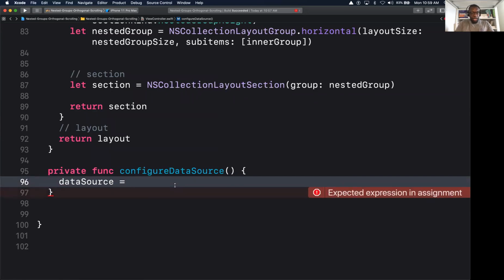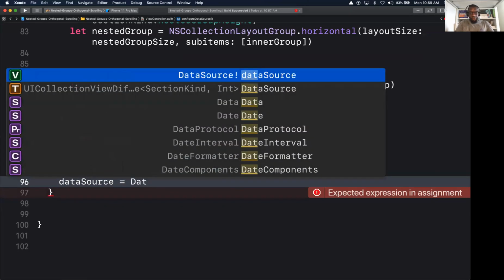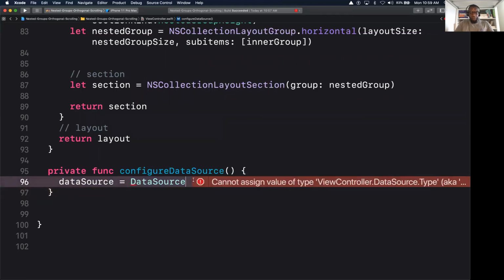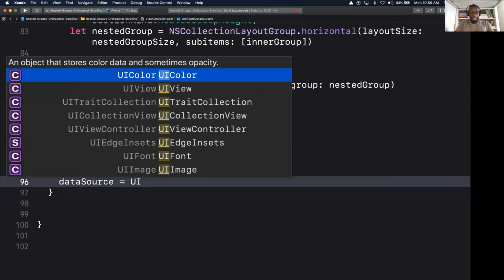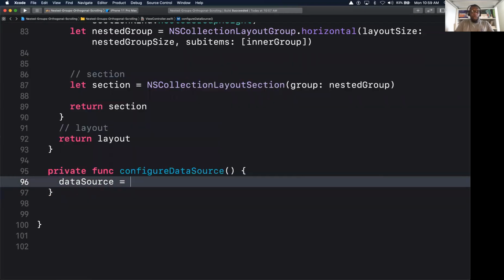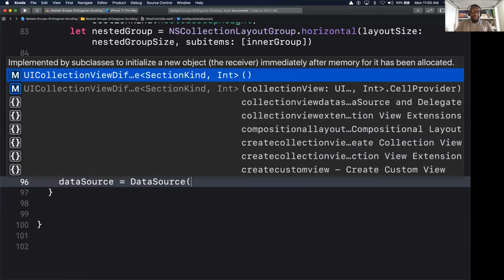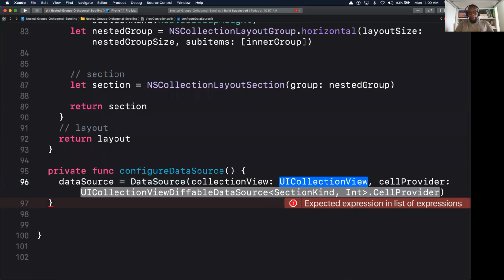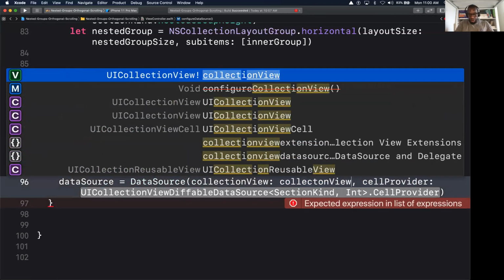So here we'll initialize it with our data source type. This is our type alias, which wraps around UICollectionViewDiffableDataSource. So now I don't have to type in UICollectionViewDiffableDataSource here anymore. I just say data source. And for our data source, we want to use the initializer that takes in a collection view. So here we pass in our collection view,